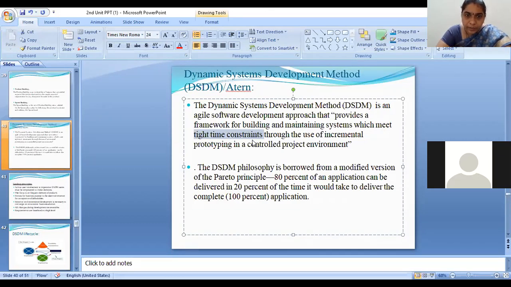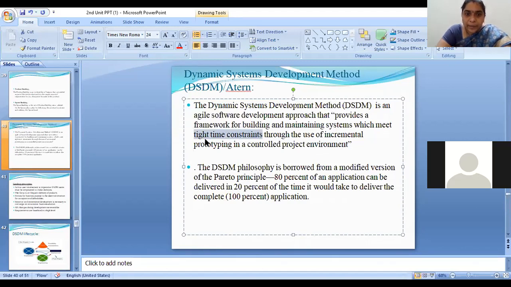You choose the RAD model when you want to develop your product quickly within a short time. That same thing applies here. So if you want to develop your project quickly and you have very little time, and you need to deliver your product increment quickly, we go for DSDM.